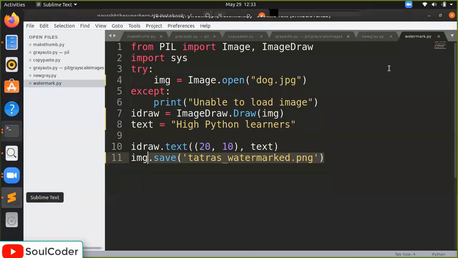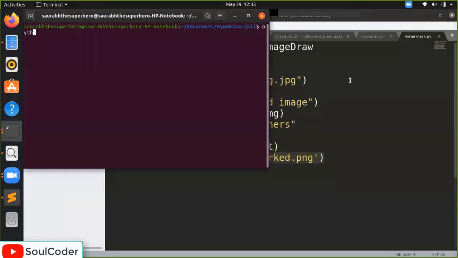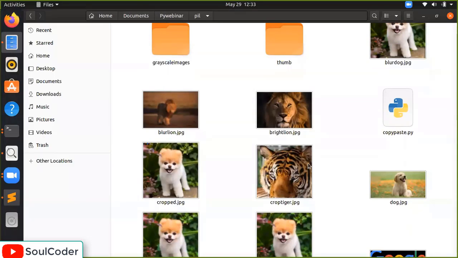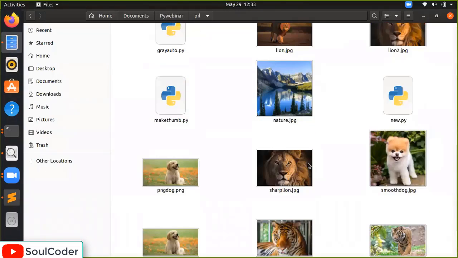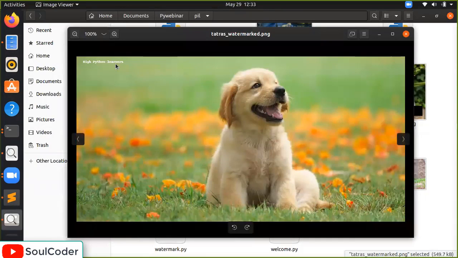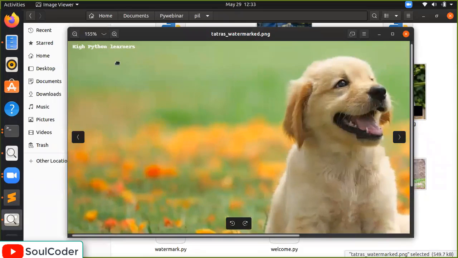The code is watermark.py. So it is python3 watermark.py. There is no error. Let's see watermark.png. You can see Hi Python learners.